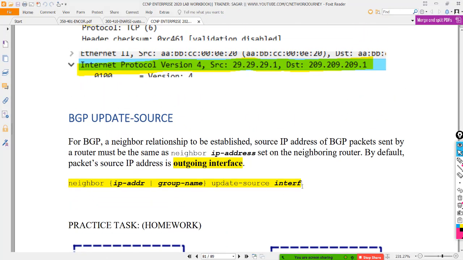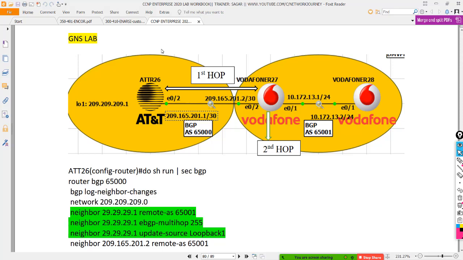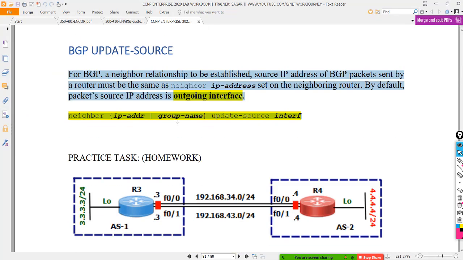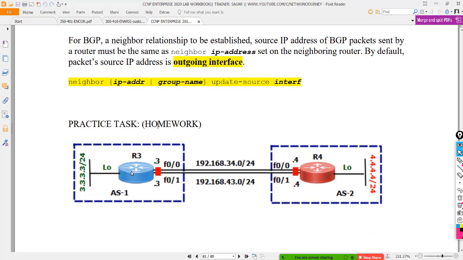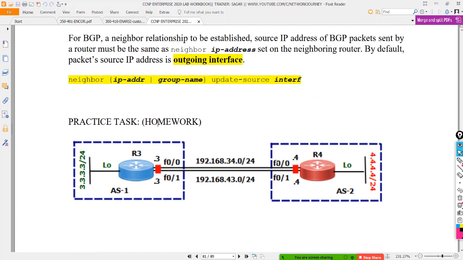So till here, this is what I have to show. Later on, for your practice, I'm recreating another lab with different kinds of IPs. So you need to try the same thing, that is multi-hop and update source.